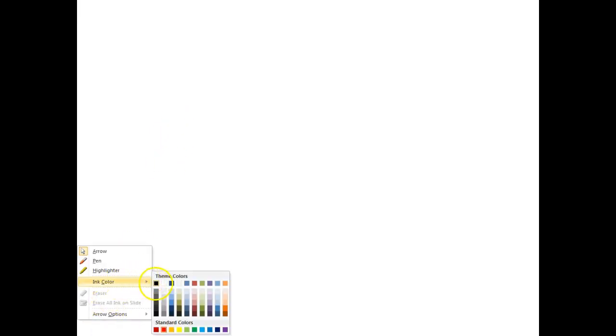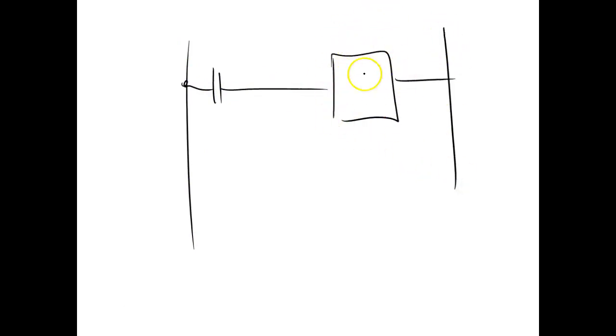So what we had is one move instruction where the source was like 1,000, and then we moved it into, I don't remember if it was the counter or the timer, but we moved it into like T4